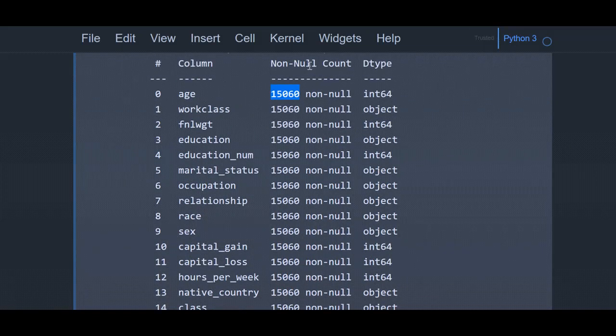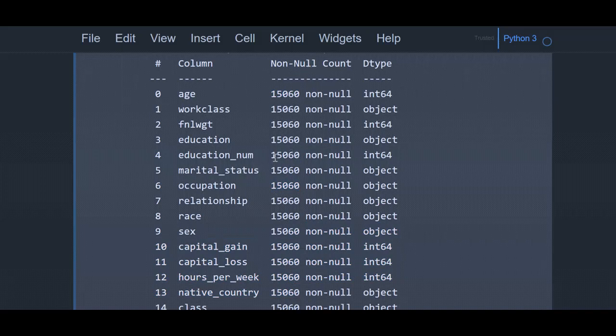Here it shows the number of non-null values. Sometimes it may be less than 15,060. So here we have total rows of this data frame of 15,060 and for all the columns we have the same number as the non-null columns. So that means we don't have any missing values in this data frame.